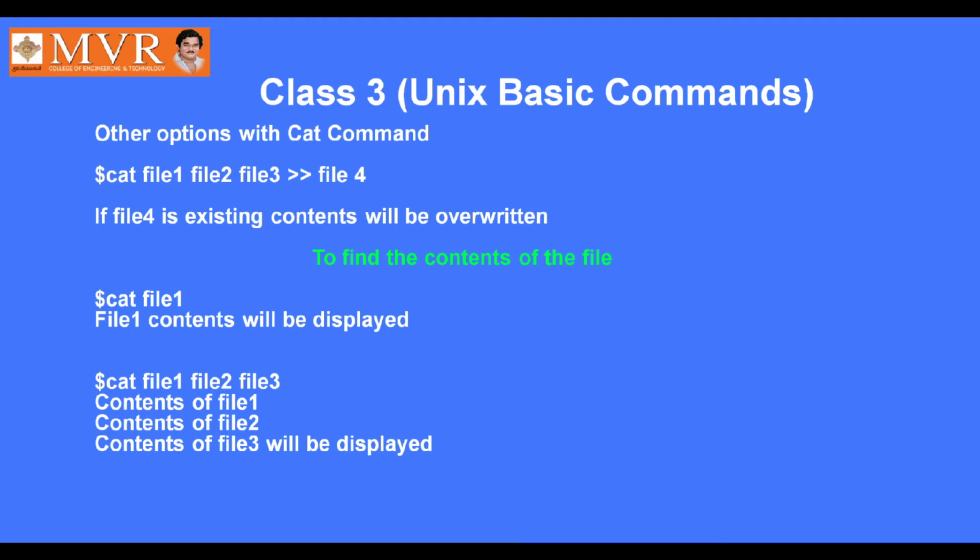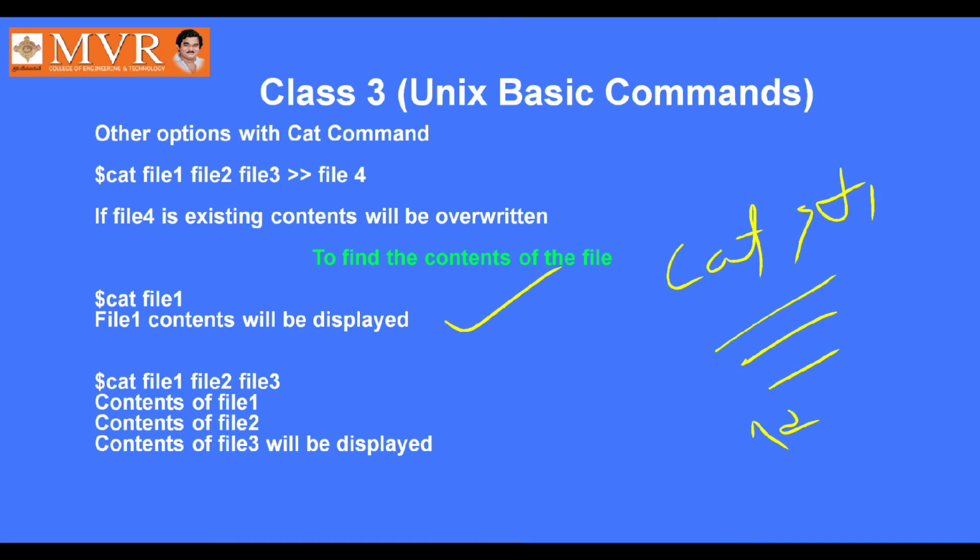Okay, so till now we have seen how to create a file using the touch command and the cat command, how to append information to an existing file, and also how to combine different files into a single file. Now the cat command is also used to display the contents of a file. As I told earlier, we gave cat greater than f1, which stored some information in the f1 file, and we pressed Ctrl D so that the information is stored. Now f1 contains some information. Now how to display the information of f1,